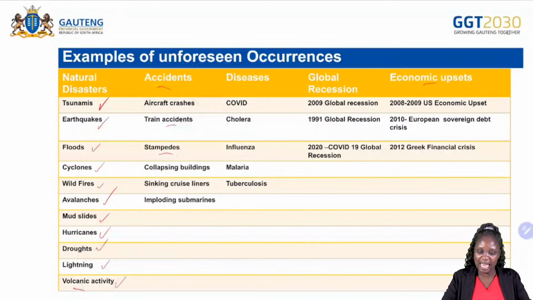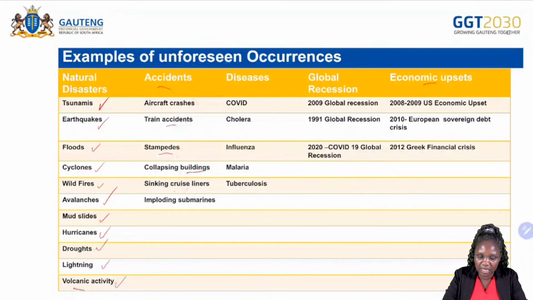Right? And then let's look at the collapsing buildings. Buildings have collapsed. A lot of buildings have collapsed. And some buildings have killed a lot of people. Some collapse because there are a lot of rains, and some collapse because they've not been built with proper material, and people die as such. And some collapse because there are wars, there are bombings, all right?